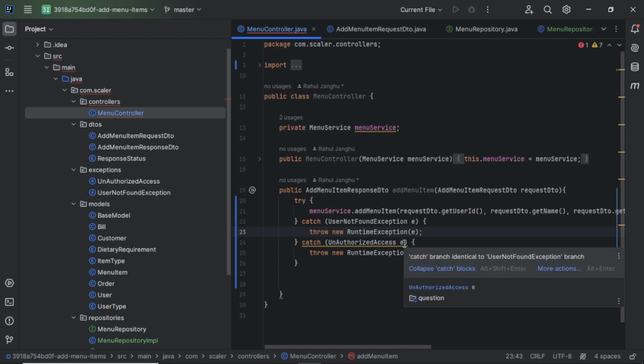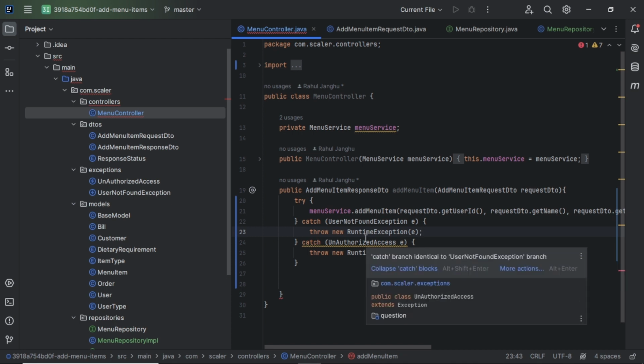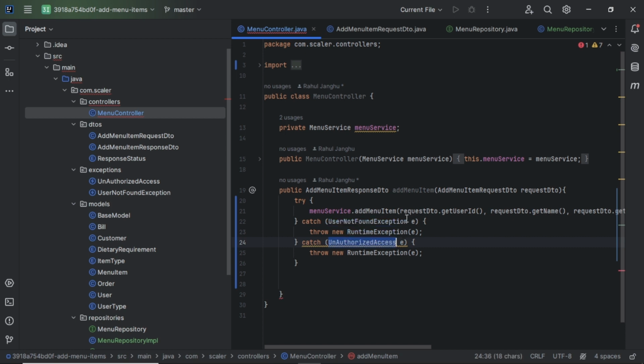Okay, so simply what we can do, we can create one catch block and keep it like this. Because I am not passing anything, I am not throwing anything, so we can remove it from here. If you want, you can keep this in the catch and manage it. But I think in the assignment, he does not mention anything about how to handle this exception. So we are just sketching it, but we are not printing. If you want, you can print it.